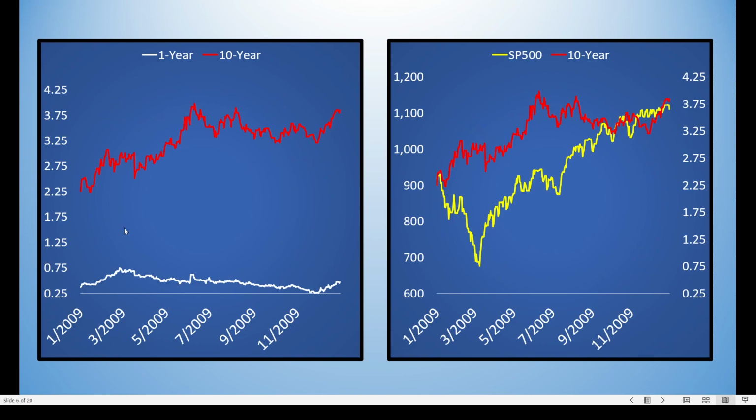2009, we hit a bottom in the stock market. That's on the right-hand side. The yellow line starts to go up. The white line is flat, and we're going to stay flat for a long time. Remember, the one-year bond is the anticipation of future interest rates. In 2009, was it thought that the Federal Reserve is going to raise rates? No way. They're saying we're keeping rates low for a long time, and that's why this white line stays low